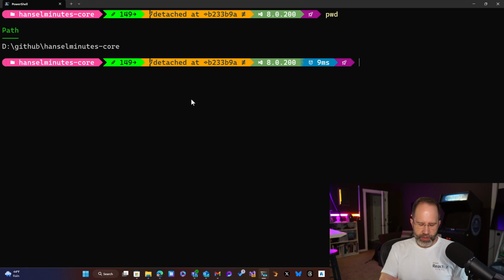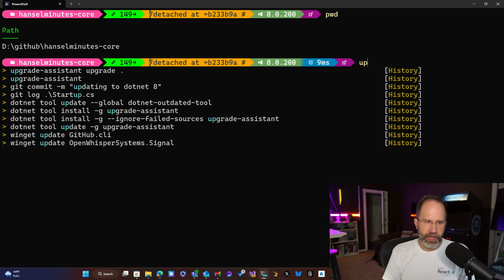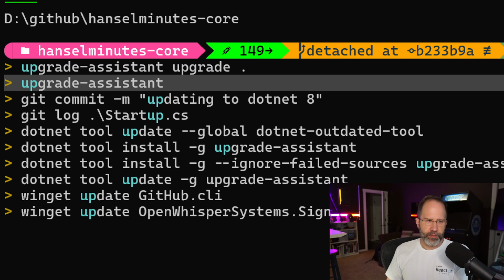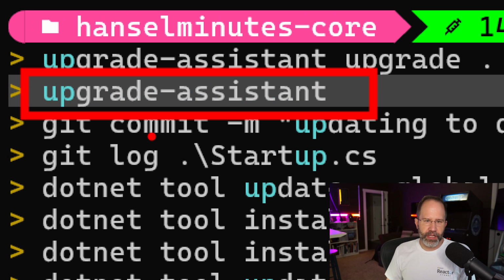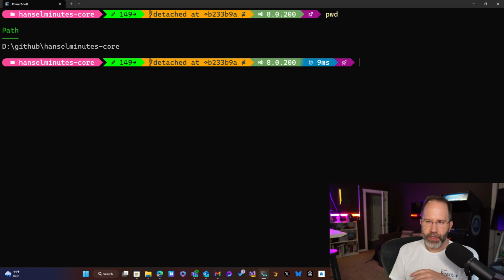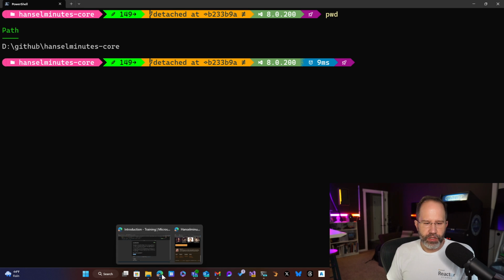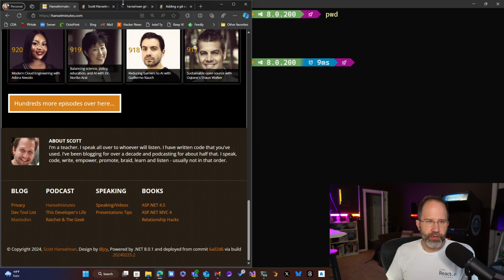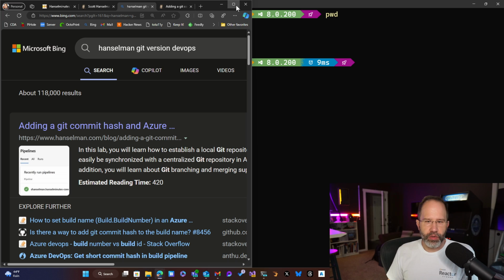Okay, so there's the .NET Upgrade Assistant, which is what I used before. That Upgrade Assistant is available in a CLI and also in a Visual Studio plugin. That's what I used to update from .NET 6 to .NET 8. For complicated websites that might want to update their NuGet packages, there's a great tool, one of my most favorite tools in the world, which is called